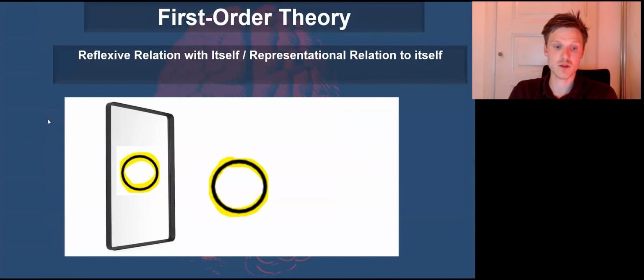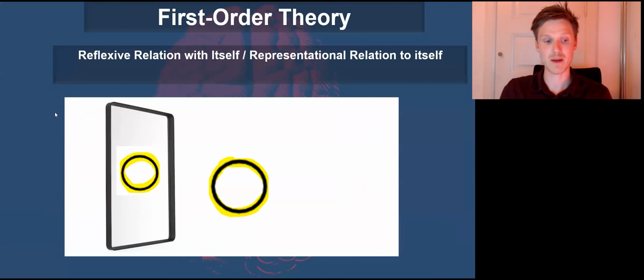There are some variations of first order theories. Some of them claim that for the mental state to be conscious, it needs to have this reflexive relationship to itself. Just as you could say that the mental state has a mirror that it can represent itself in. Although that analogy is somewhat not working as well, because the mental state doesn't need the mirror. It is able to represent itself without anything. So it doesn't need anything to represent itself as conscious.